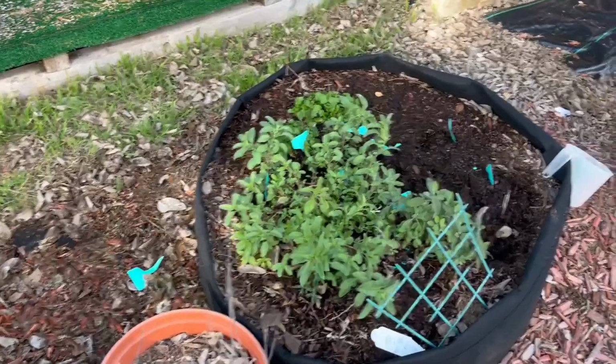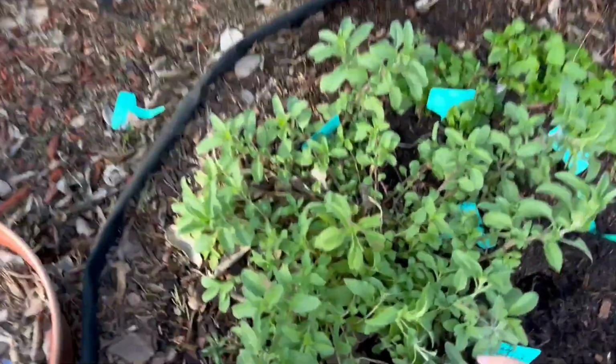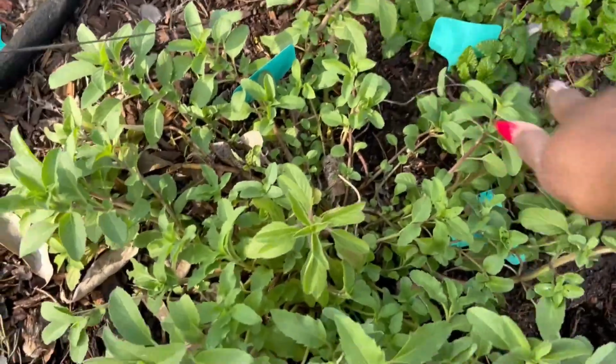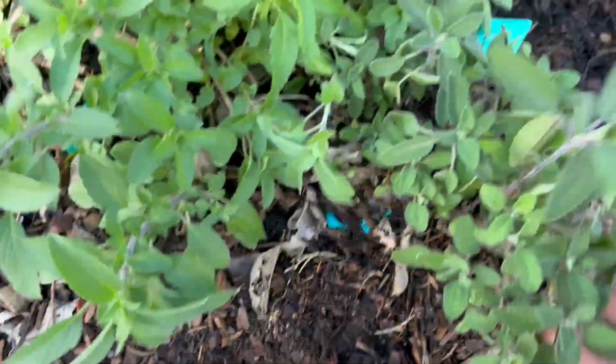So this is my herb bed. As you can see, my lemon balm here is trying to take over the whole thing. Of course, it's in the mint family. It's gonna run. That's lemon balm, lemon mint. All this is gonna take over, and then this is